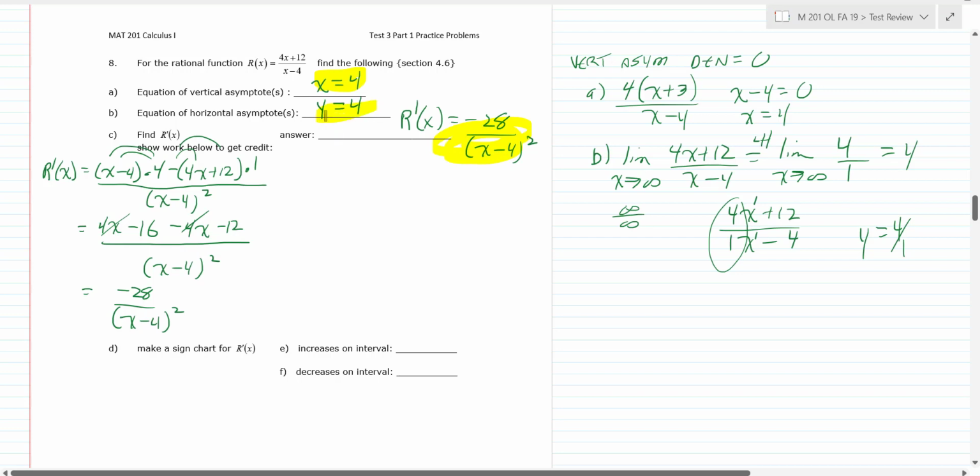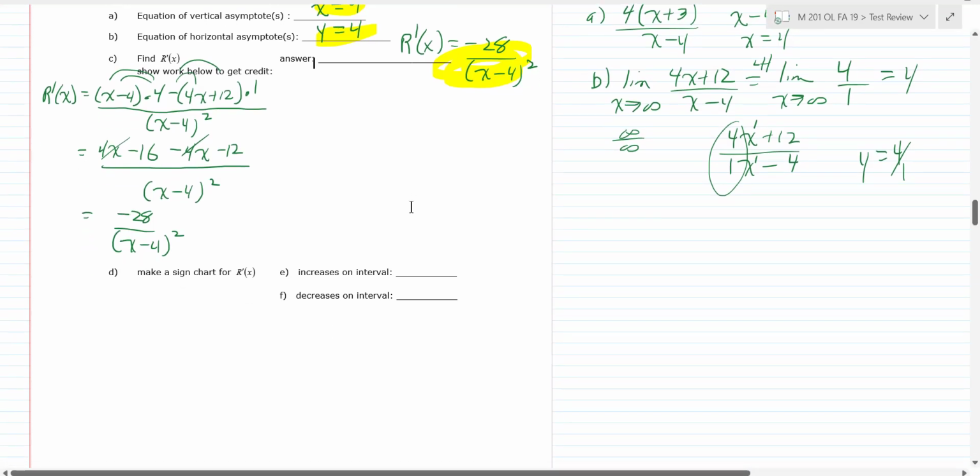Down on part D, we'll make a sign chart and analyze using test points and critical values to figure out where the function increases and decreases. So what we want to do down here is find critical numbers. You're interested in where the first derivative is either 0 or undefined. If you take this derivative and set it equal to 0, you're not going to get